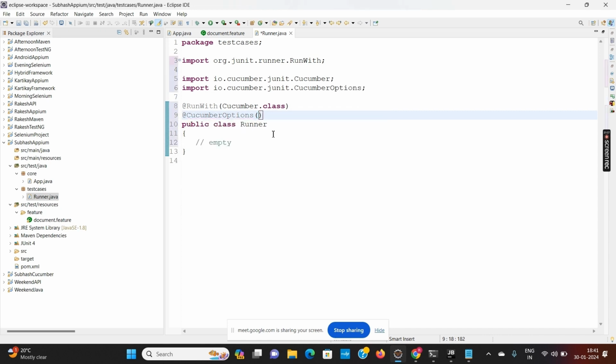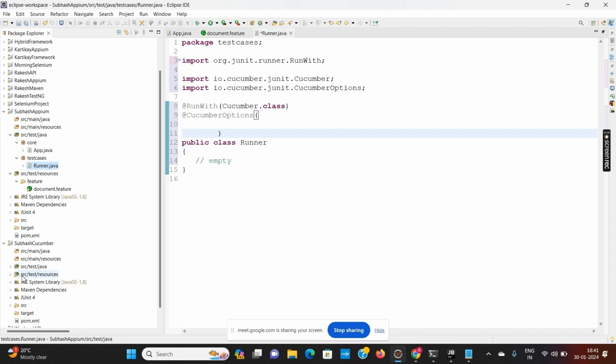And inside the cucumber options, you have to give the location of your feature file. So I will take it again from my previous Cucumber project, like we have done in Subhash cucumber. You can copy from here.